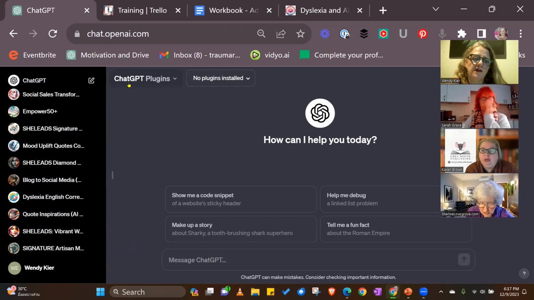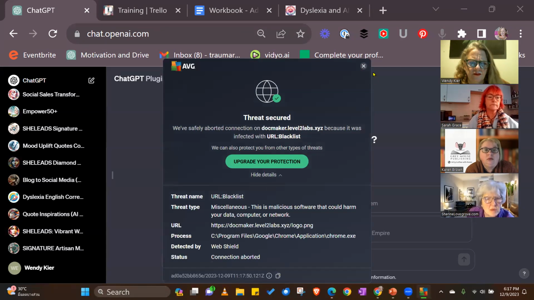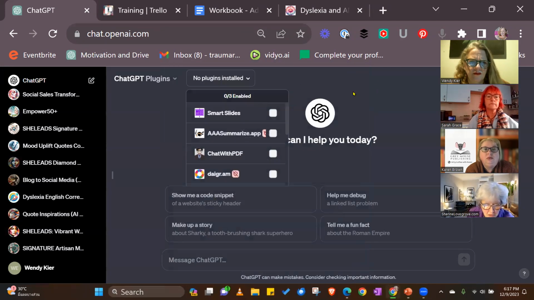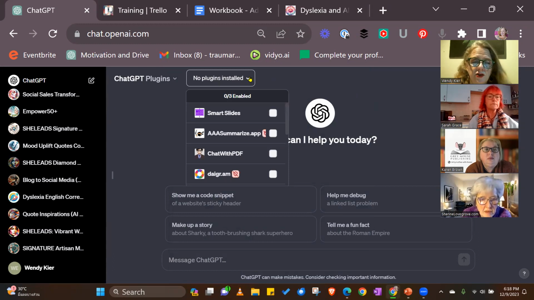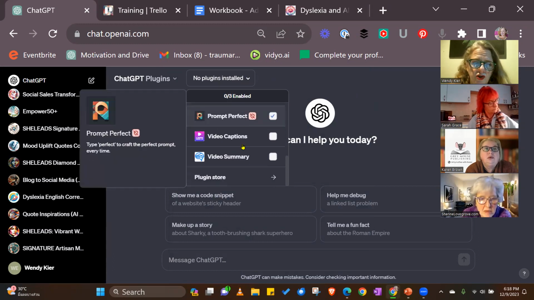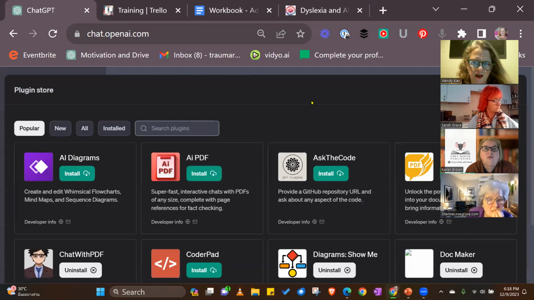At the top of the screen, you should see a little button that says no plugin installed. I don't know why that keeps coming up. That's really annoying. Now, you've probably got no plugins installed. So what you would do, when you've got a bit of spare time, but you don't need to worry about this, because sometimes it's just an extra distraction which you don't actually really need.